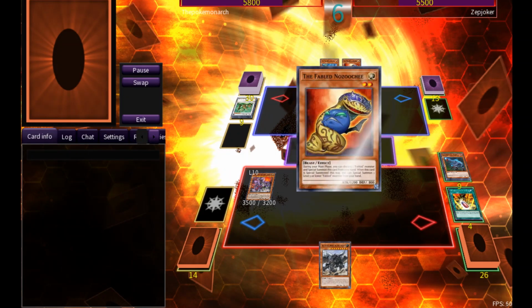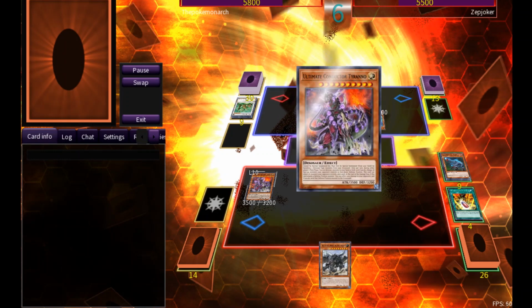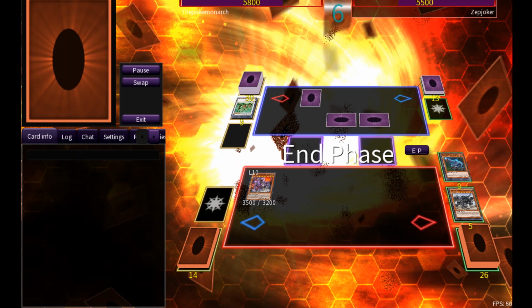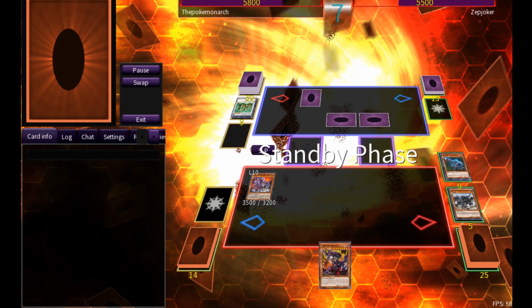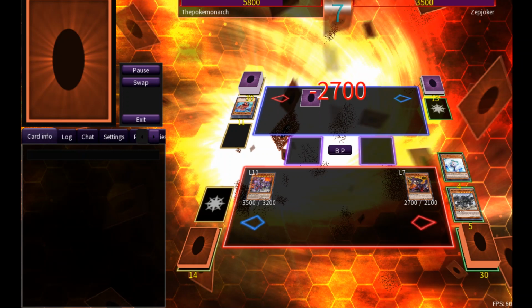Next, we have our Ultimate Conductor Tyranno on the field. We're able to basically set all of his monsters face down, and we attack over his 2 monsters after summoning Overtex Quatless. So we hit him for 2,000 with Ultimate Conductor Tyranno, and then we attack him with Overtex directly,